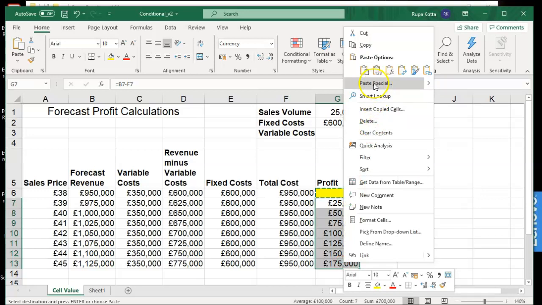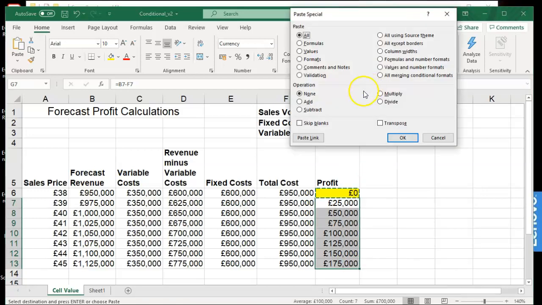Over here you are trying to copy the formats. Do not try to copy paste values, because that way everything will become 0. What you are trying to paste is the formats.